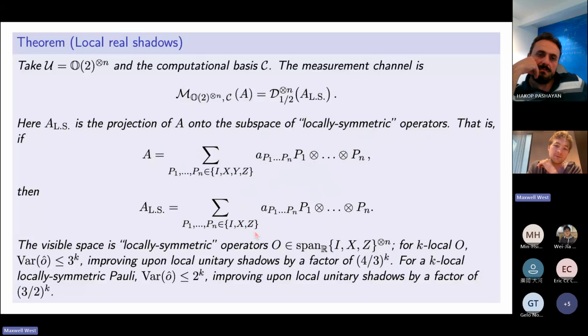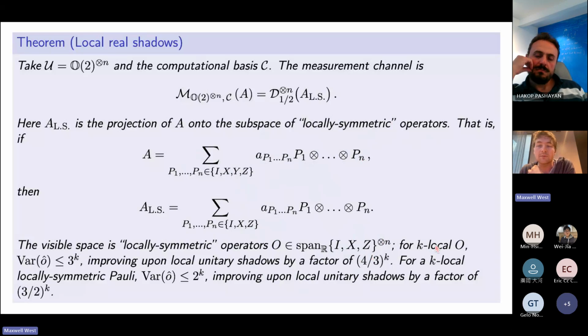Basically, on each qubit, your little local orthogonal Cliffords are just killing all the anti-symmetric stuff, which is proportional to Y. Okay, so this is the visible space then, all the Pauli strings that don't have a Y in them. I also just noticed I haven't been too careful or consistent with whether I'm saying real span or complex span, but it doesn't matter, I guess.